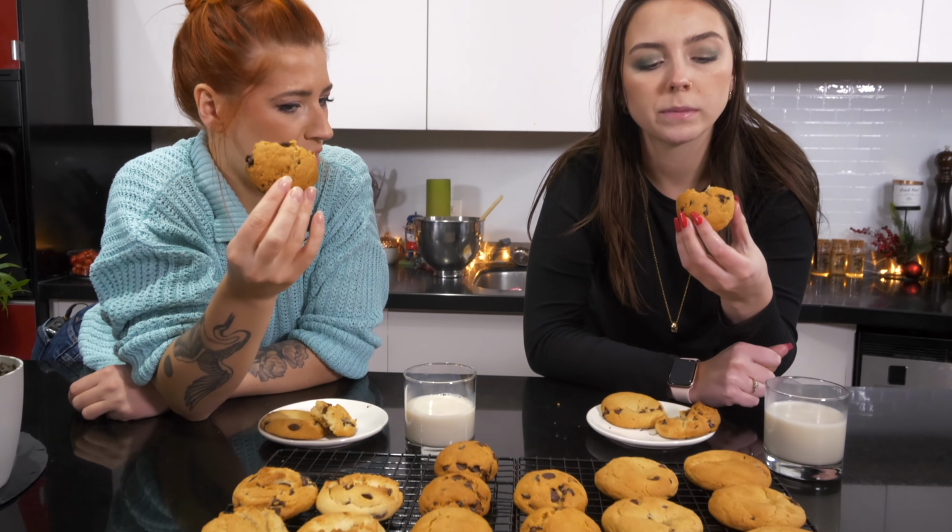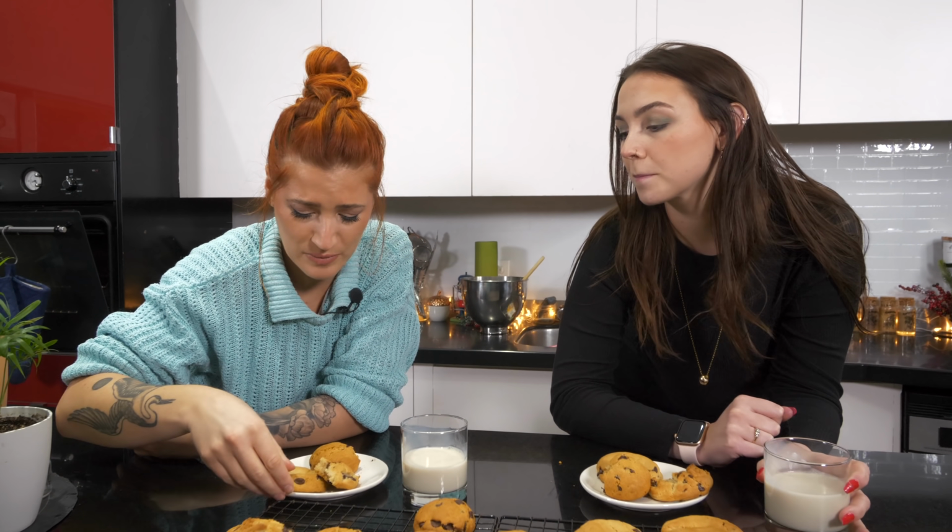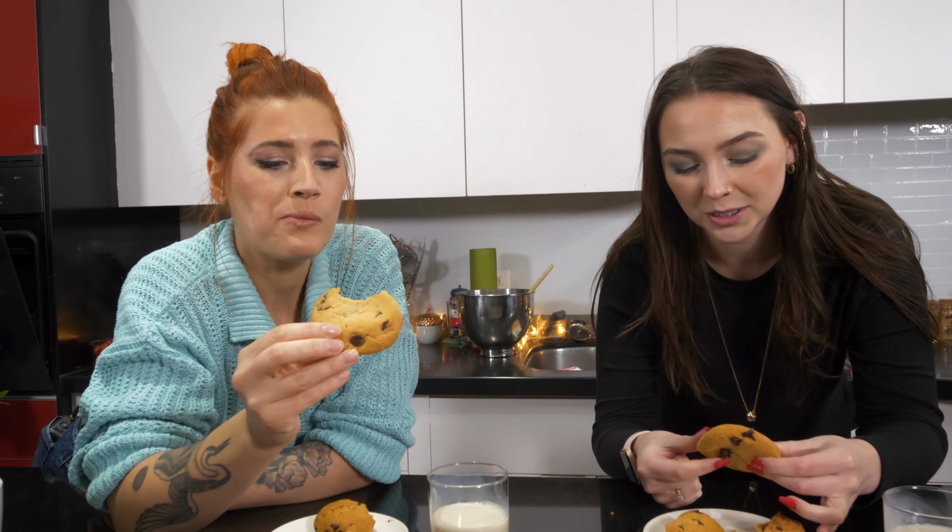It's not overly sweet, which is nice. It has a lot of chocolate chips. I would like them to be flatter though. Like not rolled into balls before the oven? Because they don't really spread. Yeah, so far, if someone gave me each one of these cookies, I would be very pleased. I mean, they're all chocolate chip cookies, so there's not really much you can...